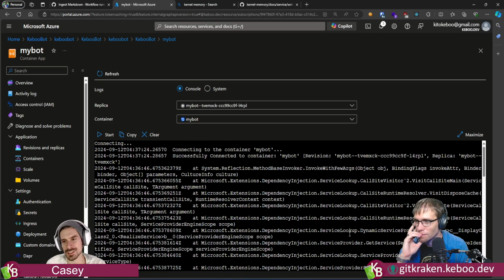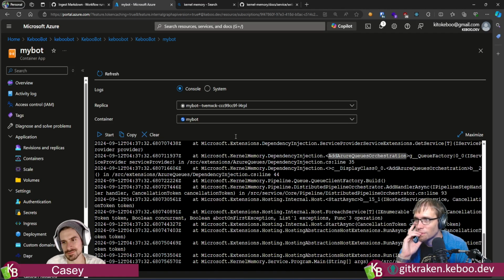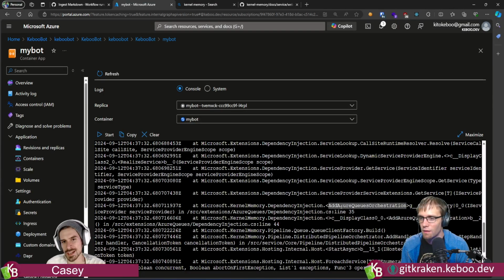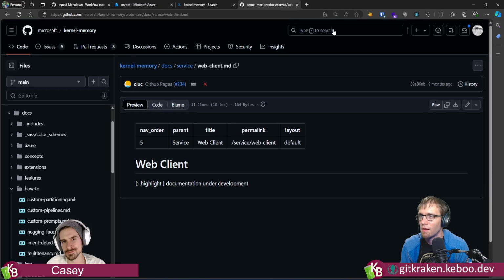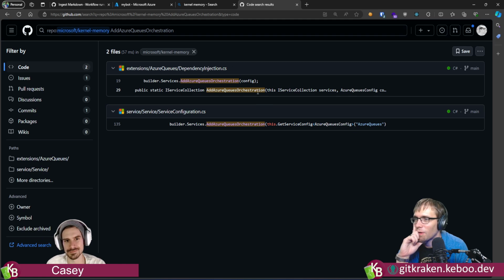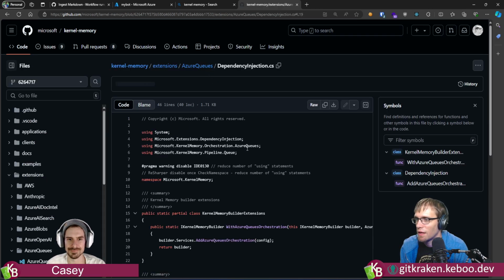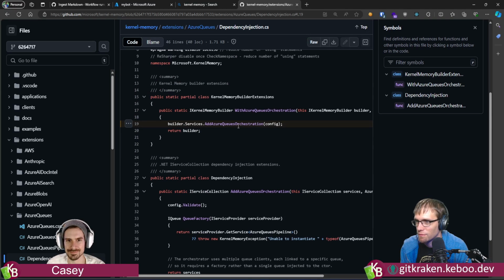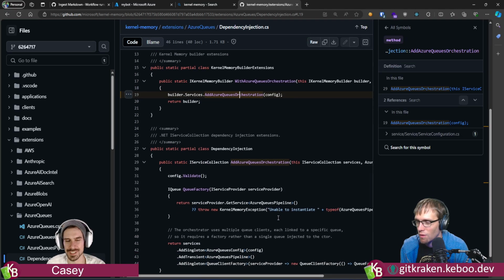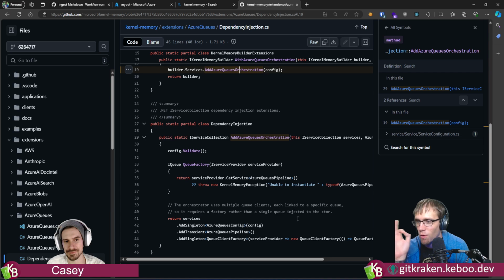I'm wondering if what we're missing is a package. Or I am wondering if we are missing config. Sorry, I want to look at this sucker. Because we invoked this method. Right? Or I should say, it invoked this method for me.